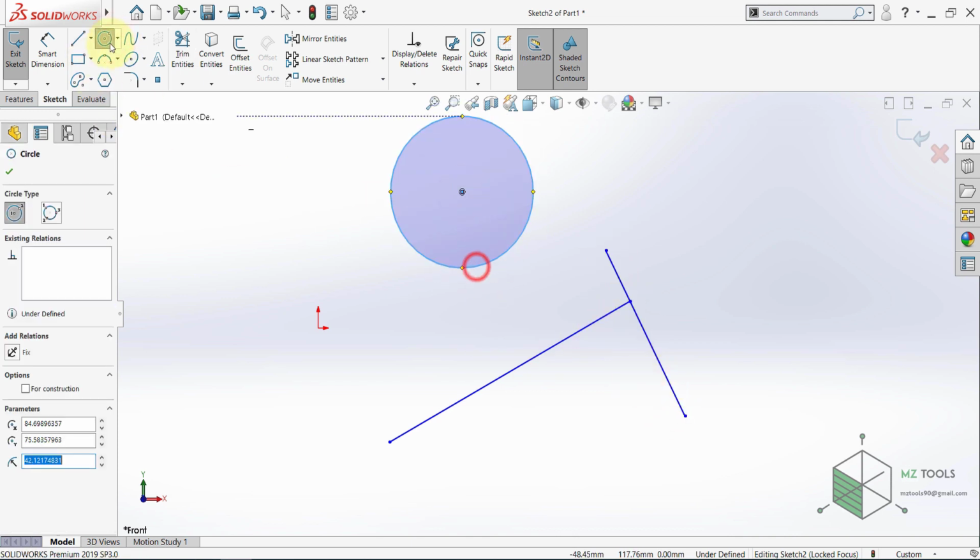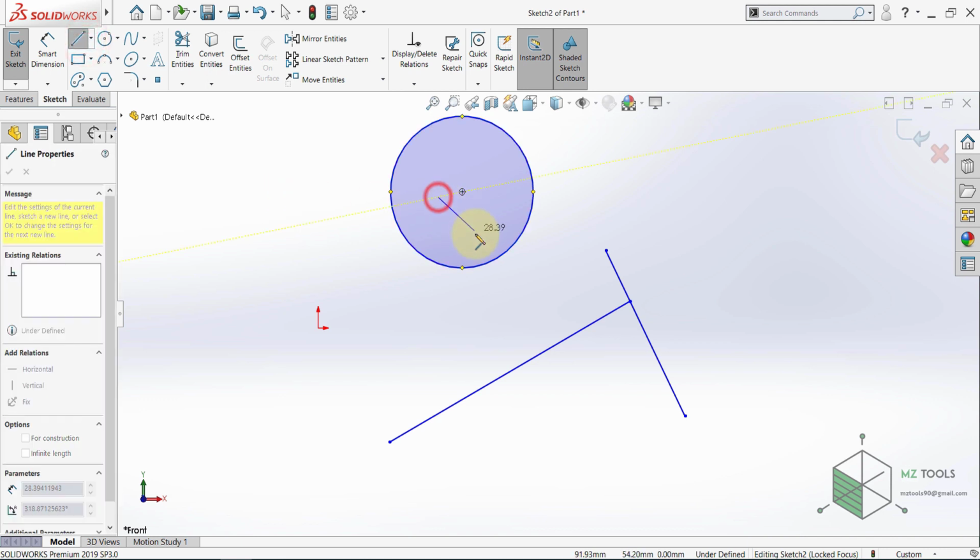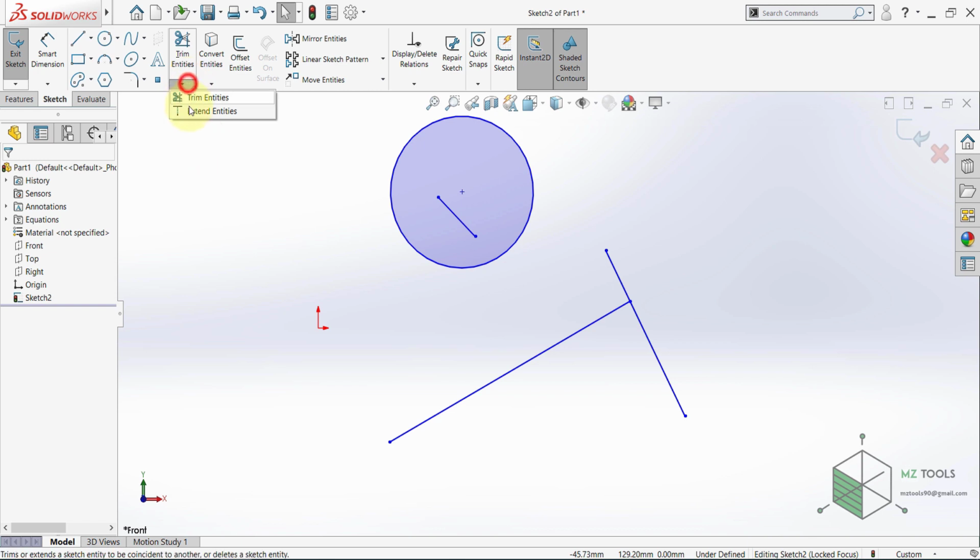Draw a circle and draw a line here. Now select Extend Entities and select this line. If you move it close to this point, it will extend in this direction, and if you move it close to this point, it will extend in the opposite direction. Now you can extend this again,